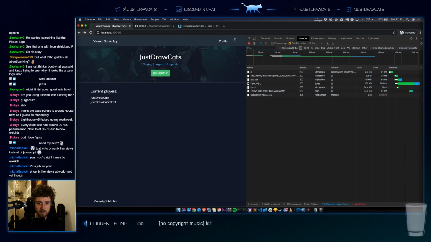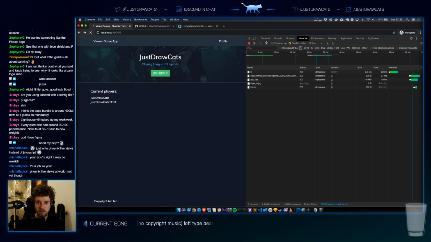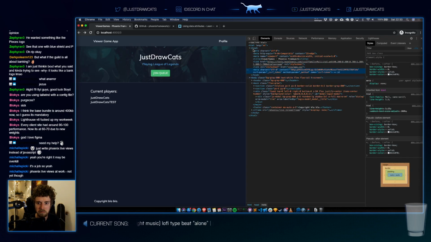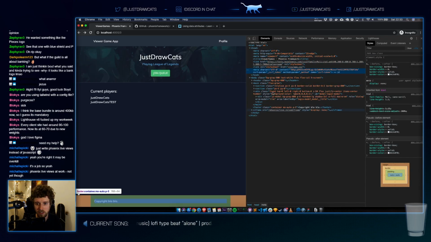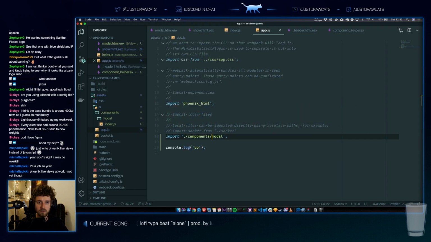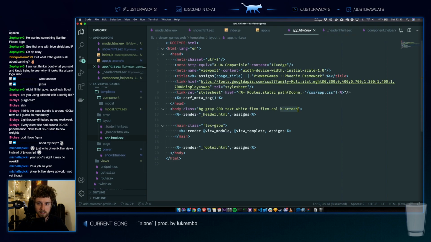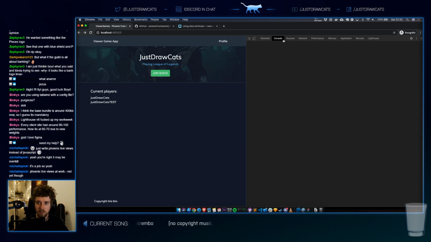That looks better. Why do I not see any JavaScript? I'm very confused. Where's my JavaScript? App.html. Did I remove this JavaScript file, or like what the fuck? Is it loaded?